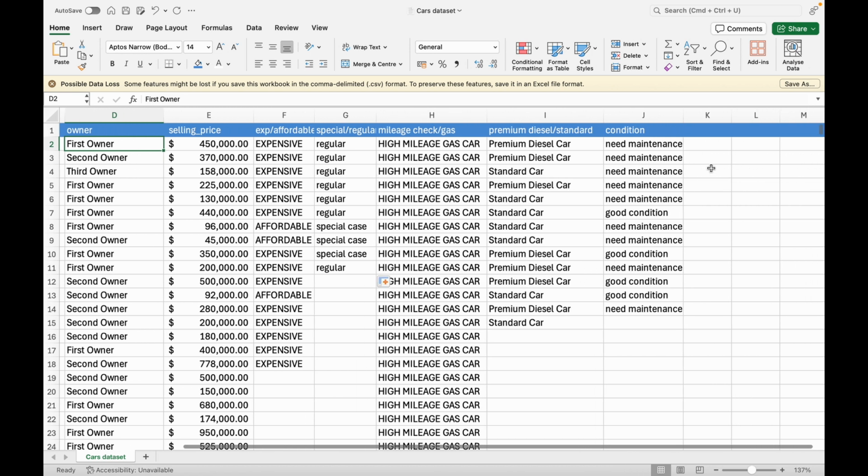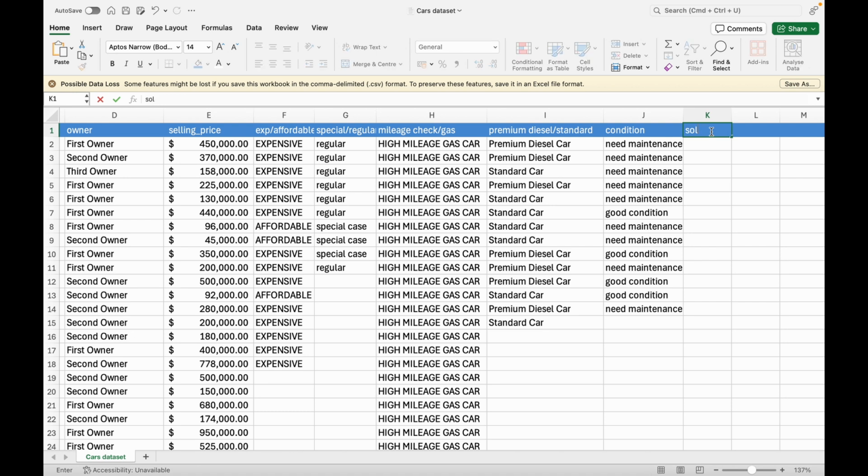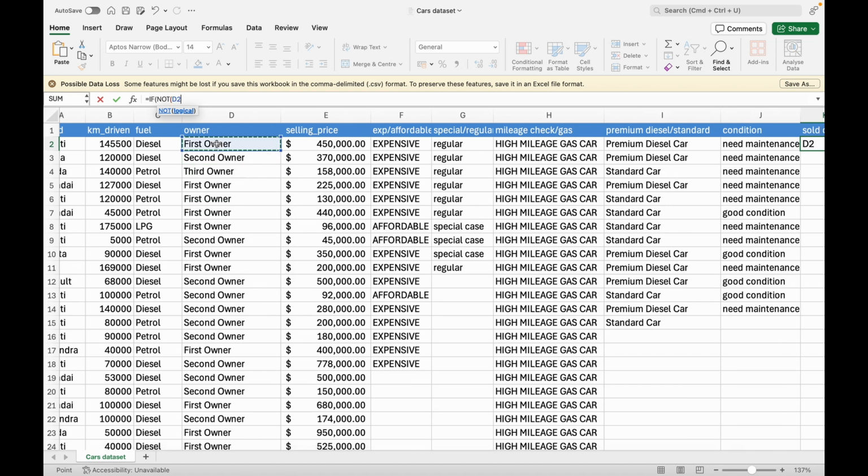So I come to a new column, name it sold out. So if it is not in the hands of a first owner, it has been sold. If not, then it's available. So let's write the formula. Equal to sign, still IF, because we are testing and then carrying out actions, we are going to use NOT, right? So if this owner